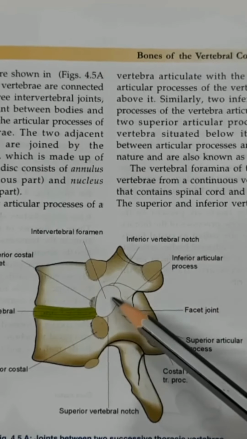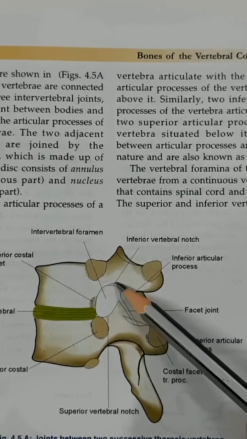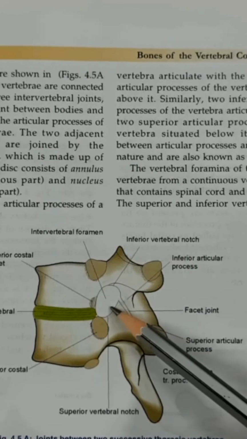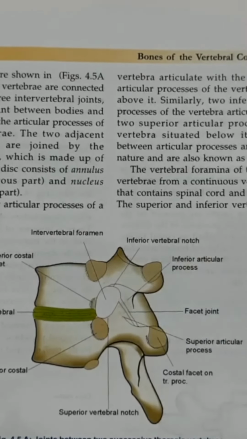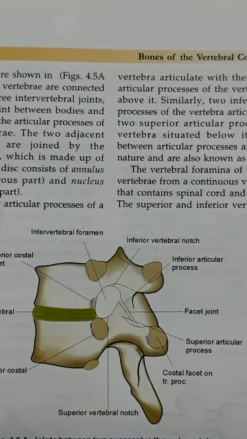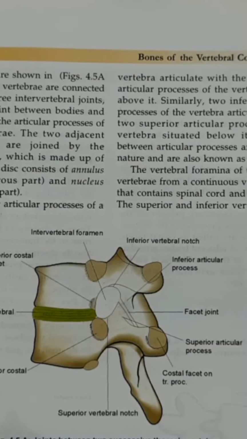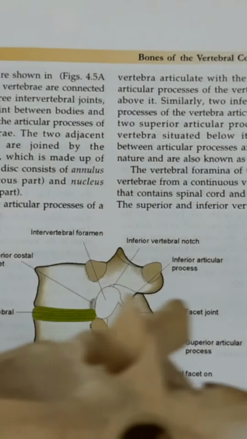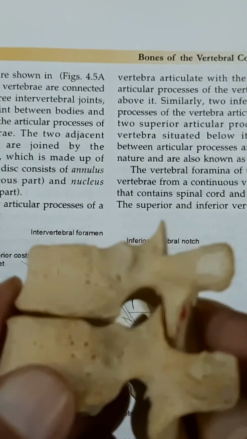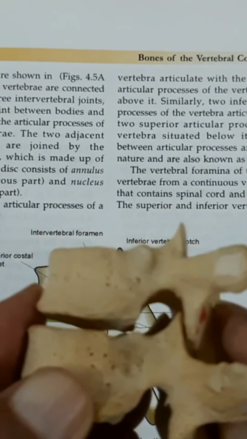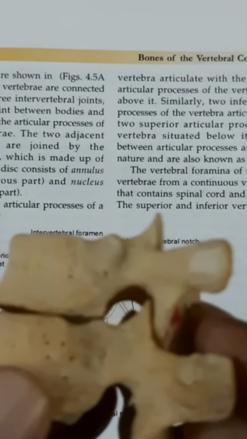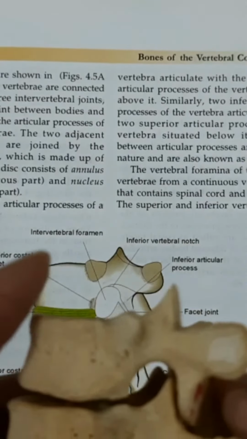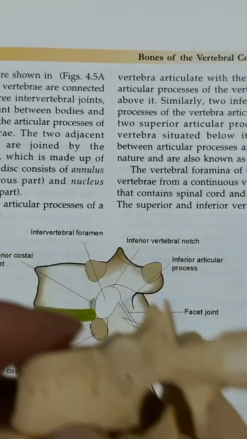So vein, artery, nerves and lymphatics will go through this on the right side as well as on the left side. So this is how an intervertebral foramina is formed. You will have to learn this by keeping the two vertebral bodies on one another. I have just kept it here. See this? Between the two bodies I have just left a gap, and this gap will be utilized for the intervertebral disc, and then this gap is the intervertebral foramina.